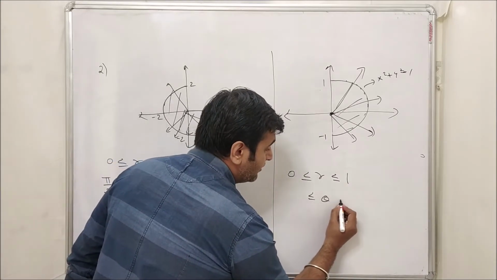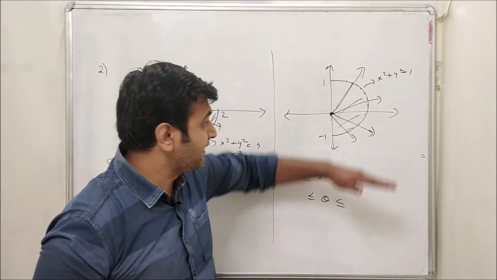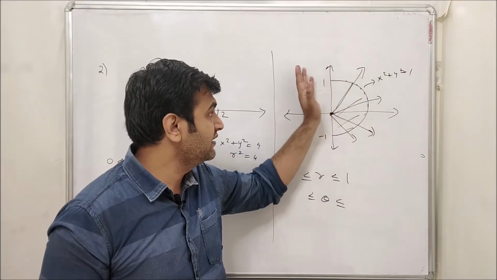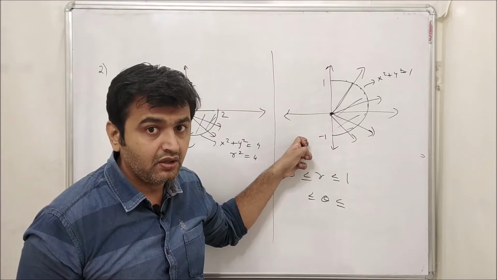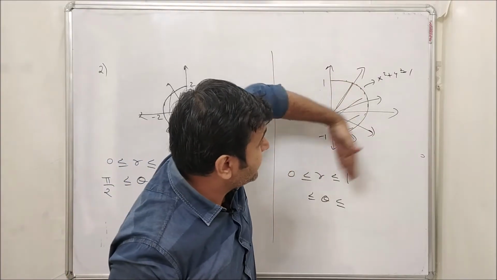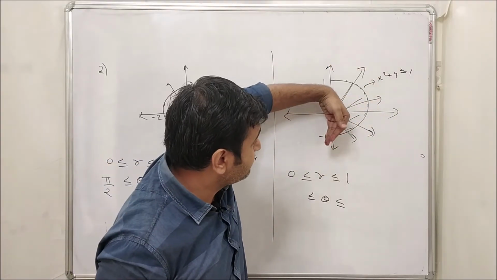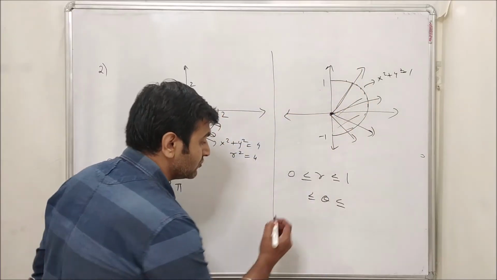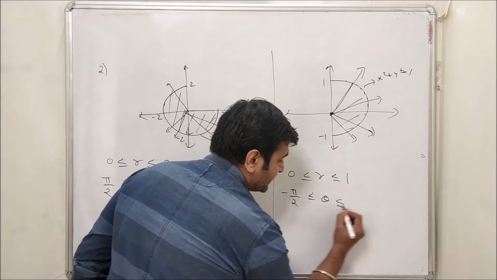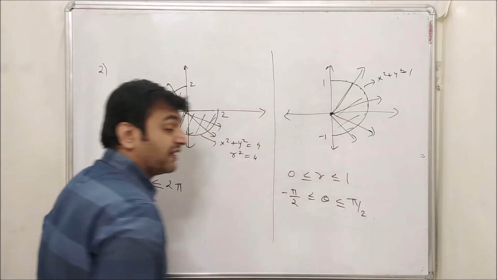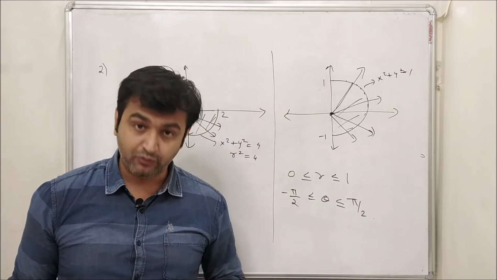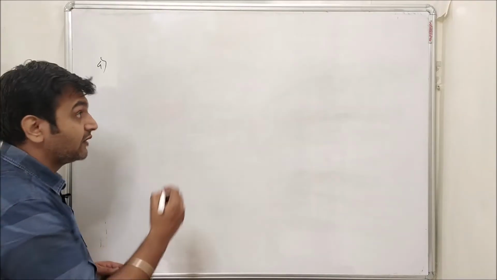What about theta? It is in the anti-clockwise direction. So if you start with 0, 0 to pi by 2 it goes, but then again this part is not in the domain. So what you do is you go like this only. So your theta, this is what, minus pi by 2, right? So this is minus pi by 2 to plus pi by 2. So theta is from minus pi by 2 to plus pi by 2. And now once you have the limits, you can solve the problem. Okay, let's go for the fourth example.